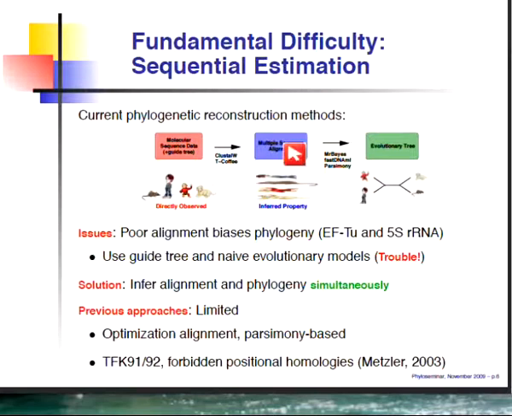The problem, in many cases, with this sequential approach is this first step that starts from the observed data and gives you a multiple sequence alignment generally involves very simple models of evolution. So one might spend a considerable amount of time improving our current models of evolution that we use in going from the alignment to the tree, but in the end, the answer that you're going to get could be very highly biased by the very simple evolutionary models that went into this initial step in the sequential estimation approach.